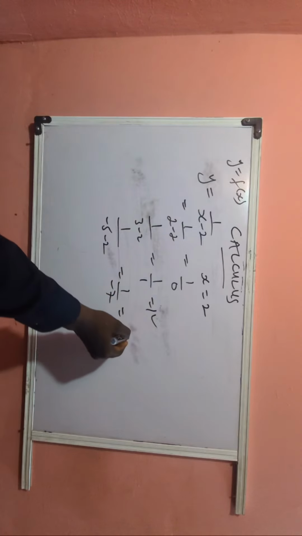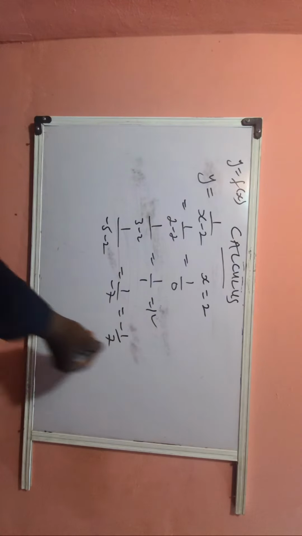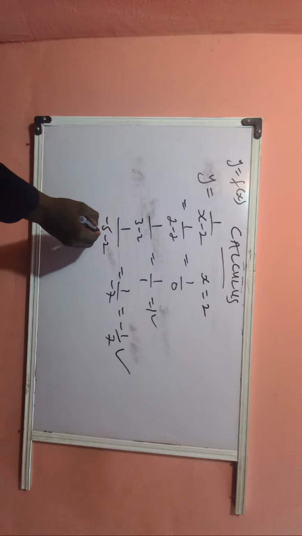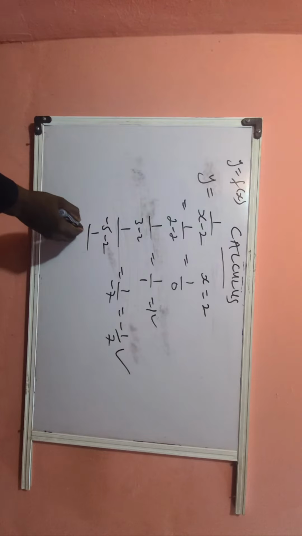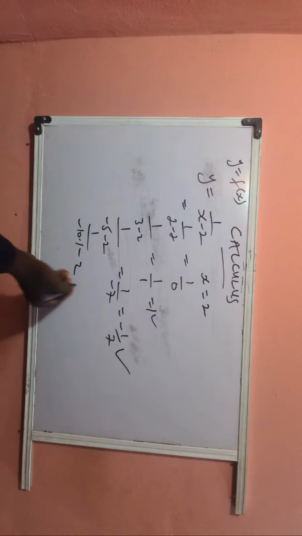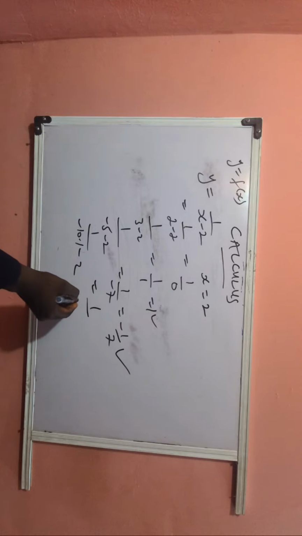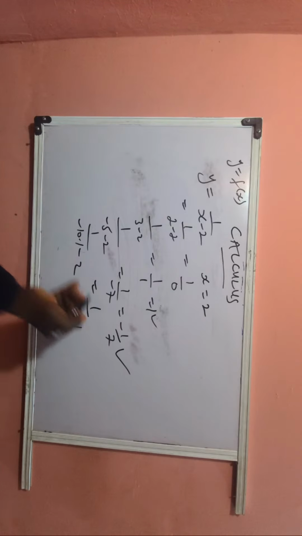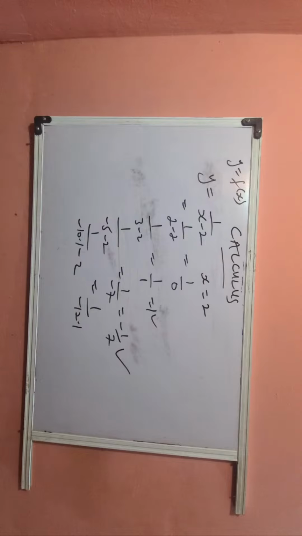This is valid. This is a good equation. Minus 1 over 7 is valid. If you put in x as minus 10.1, minus 10.1 minus 2, you will get 1 over minus 12.1. This is still valid also. So you can see that